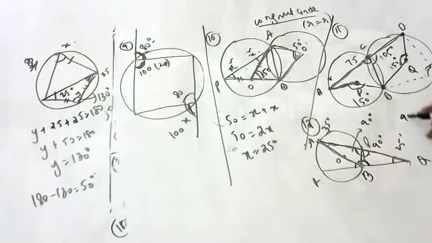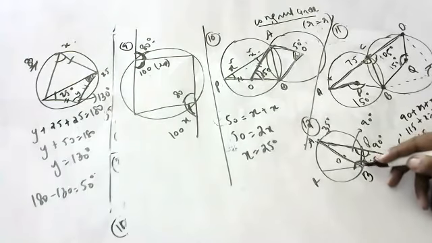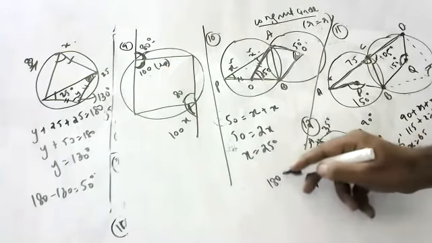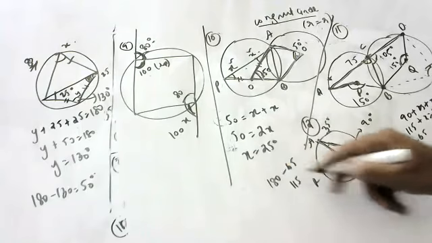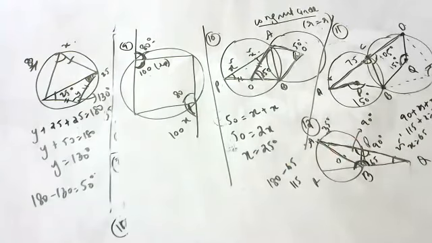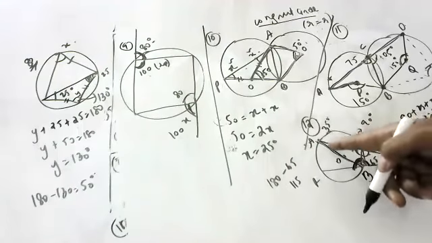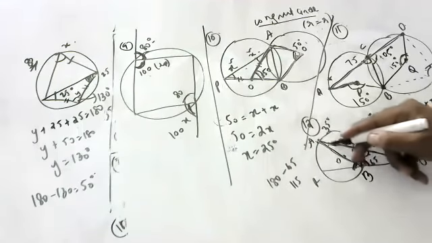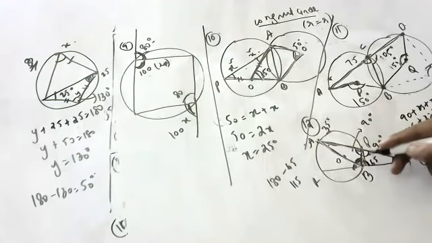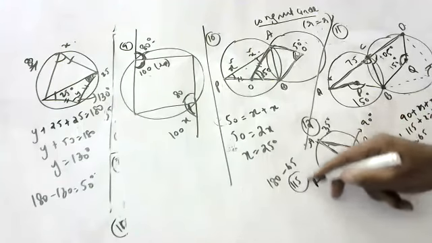65, sir. 90 plus 25 plus x is equal to 180. 115 plus x is equal to 180. X is equal to 65. If this is 65, this total will be 180 minus 65, which is 115. So children, this entire angle is 115. Because this is 90, angle in the semicircle is 90 degrees. This is 90, this is 25, this is 65. Total will be 180. From 180, you remove this 65, and you will get 115 degrees, children.